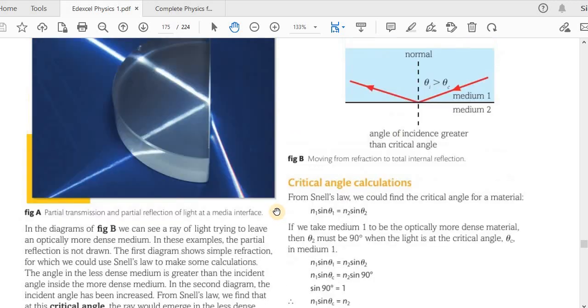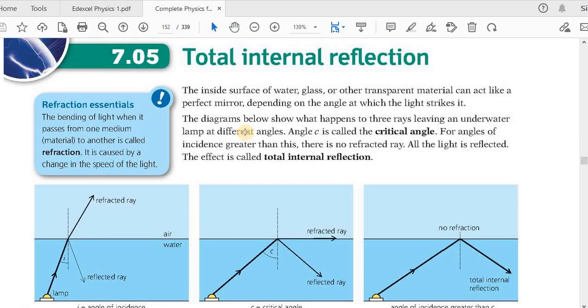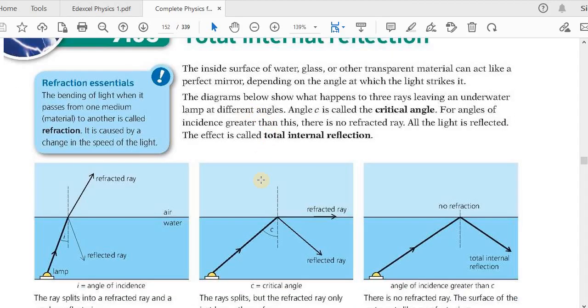So I will switch books right now. And by the way, this is the O-level book. I have explained this to you in the O-level or IGCSE classes. You would have seen this lesson on light and rays, waves. Okay, and this is on total internal reflection. By the way, I have noticed that several O-level and IGCSE students even have a lot of questions on this topic. So let me quickly go through what we already saw,